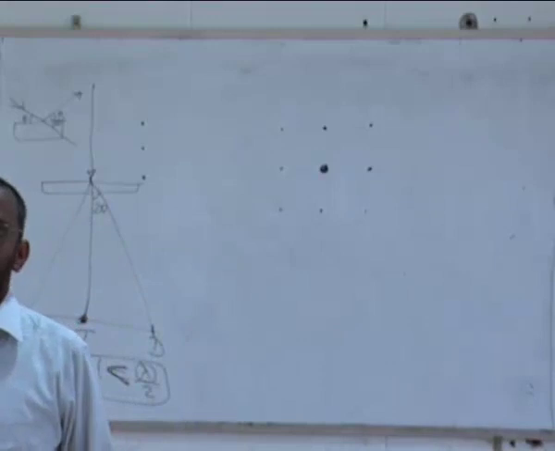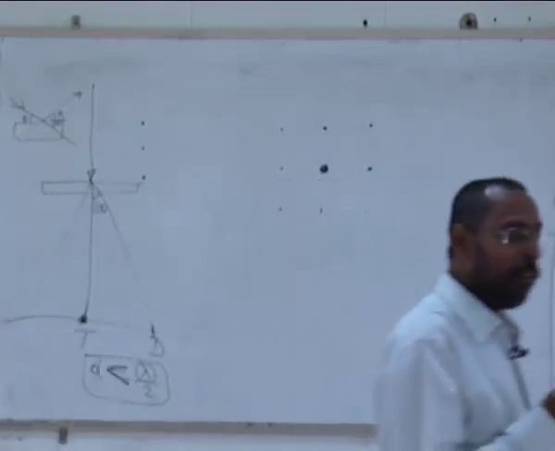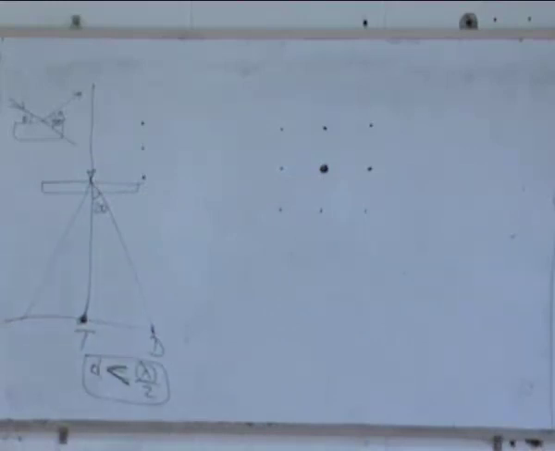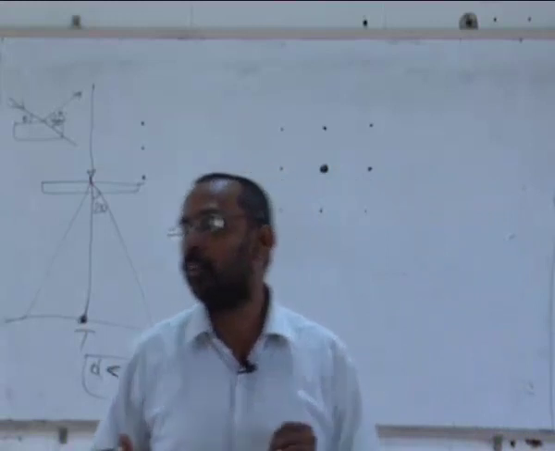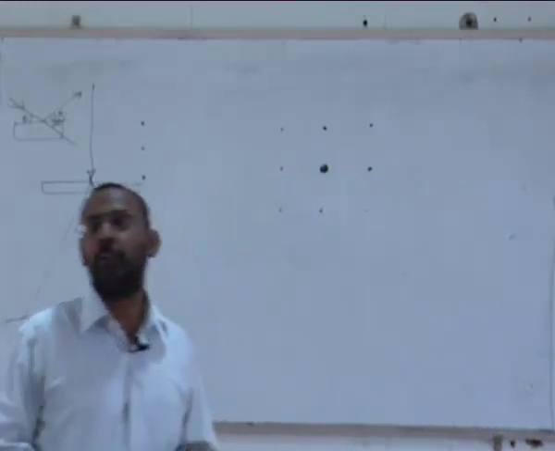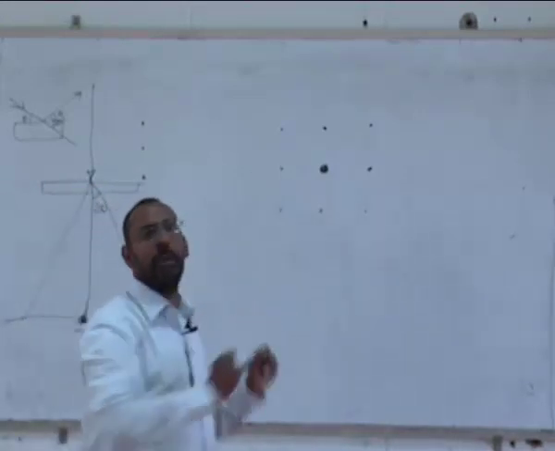That is the first question. Okay, and the next question is, if I know what plane it is, can I find out its d-spacing, is the next question. So the first question that we need to address is, do I know what planes these are? That can be easily found out by looking at the symmetry of the pattern.